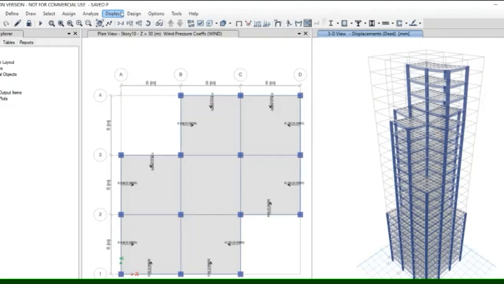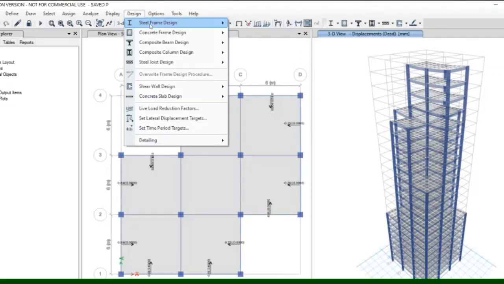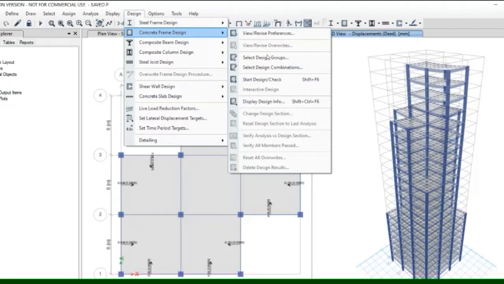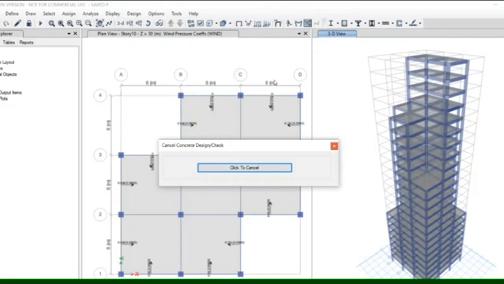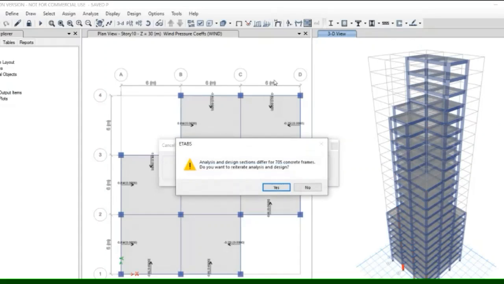As analysis runs, go to the concrete frame design and start design check. Here IS 456 concrete frame.